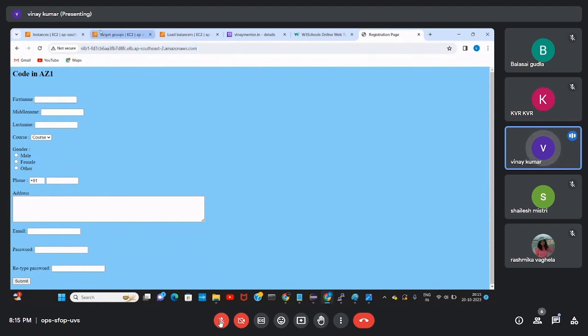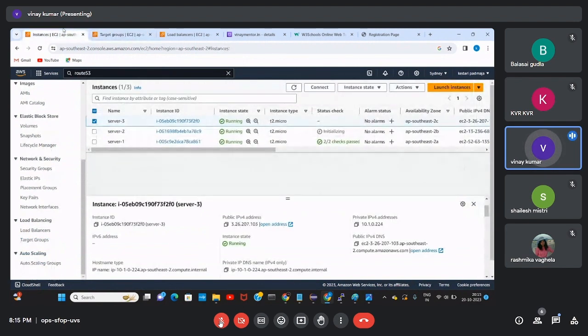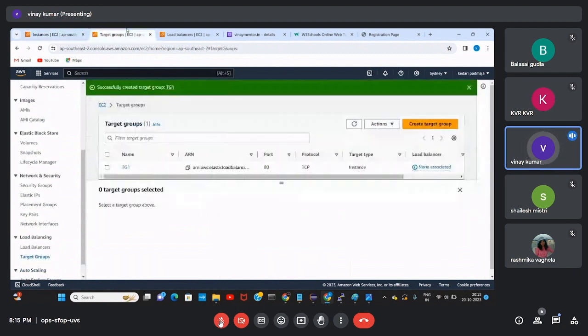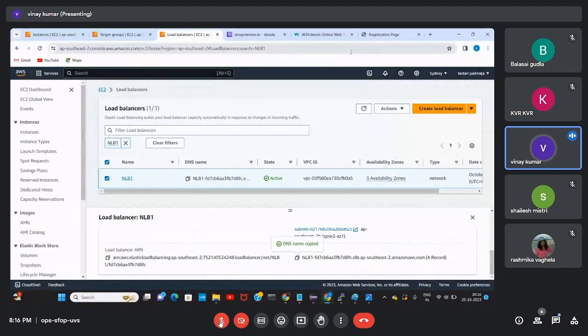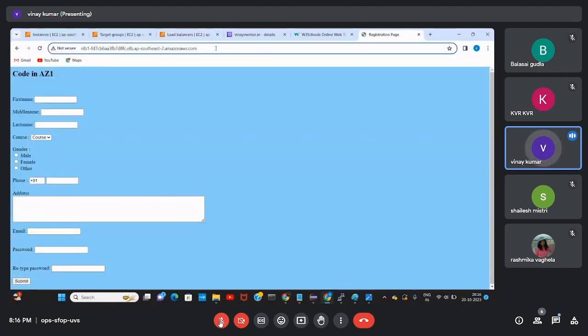What we have done is we created one target group. For that target group, we added all of our servers. Then we connected our target group to the load balancer. Now if we search using the load balancer DNS, we are reaching the server. That's not a big thing.